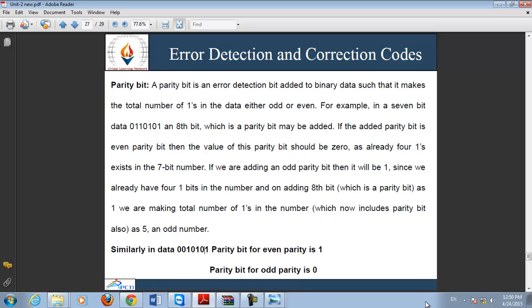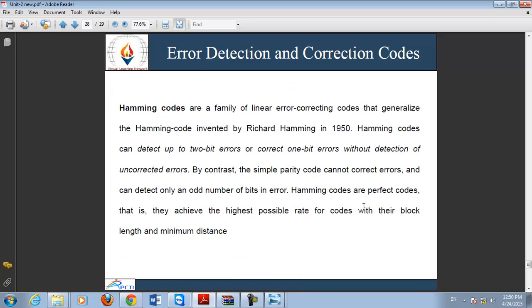That's why Hamming code is used next. Hamming code is basically used to detect the error as well as correct the error. By using Hamming code, you can detect up to 2-bit errors and correct up to 1-bit error. Now, how is Hamming code used? We will do it by example. In Hamming code, if we take 7-bit data, then 4 redundancy bits will be used.